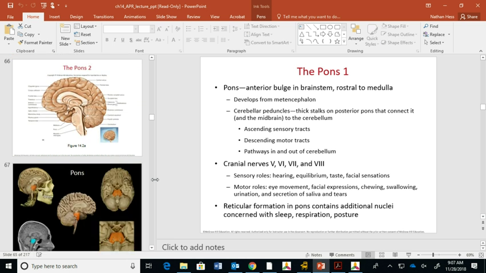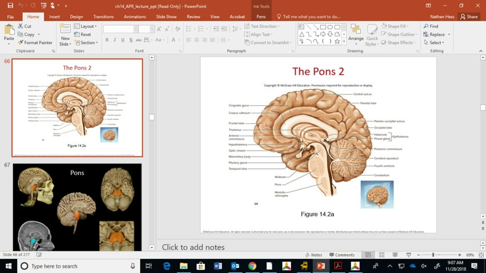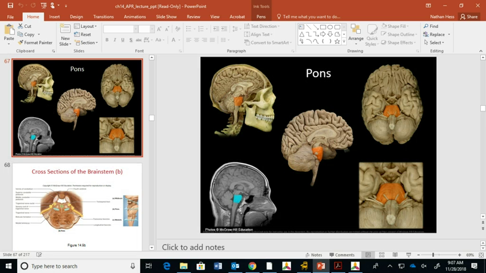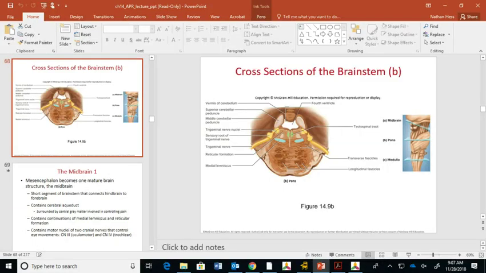Some more pictures of the pons. Again, that nice anteriorly bulged, right? Because anterior is on the left side, posterior is on the right side. So it's bulging anteriorly. Here is the cadaver. They have a nice orange pons. It's not actually orange in real life, just so you know. Pons, pons, pons. We take a cross section of that pons, which again is there on page 517 in your